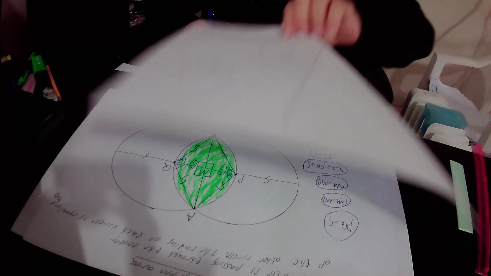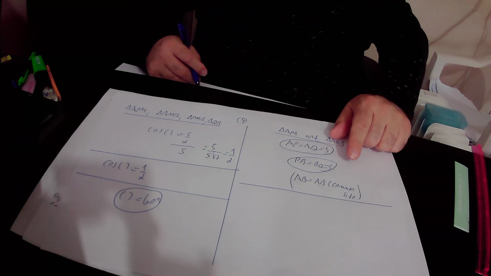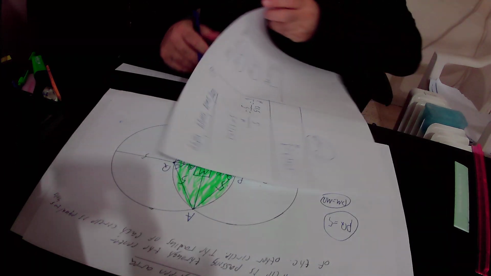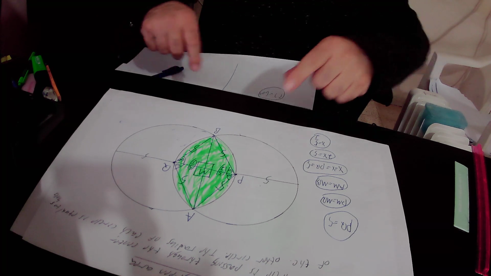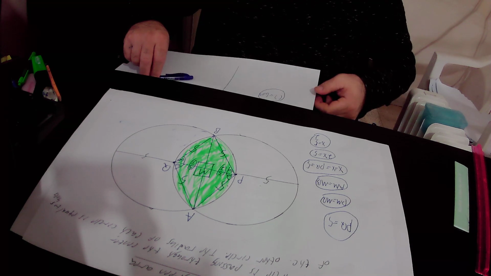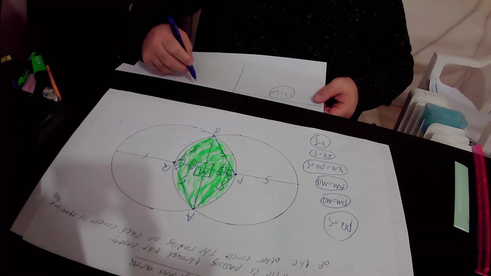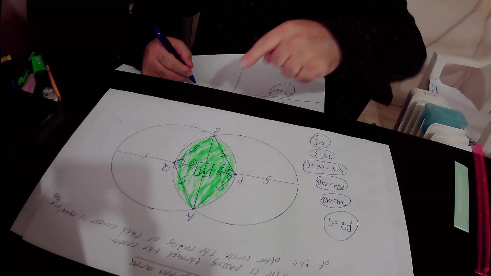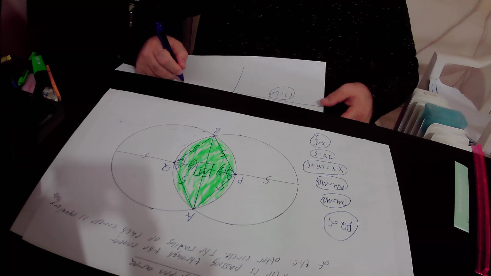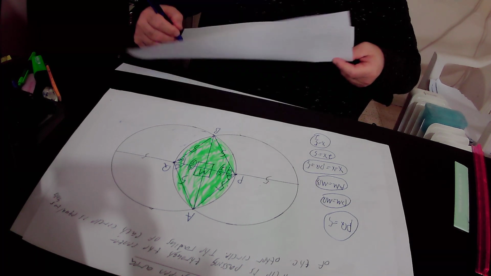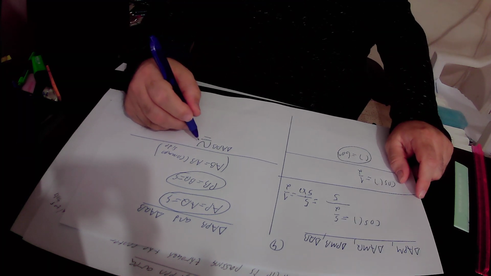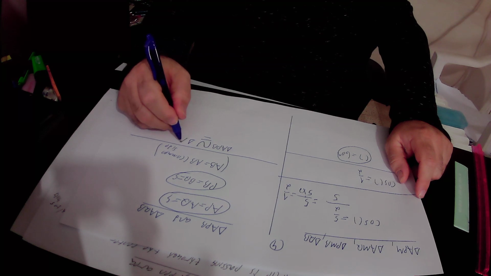I will repeat again. AB equals AB is a common side that belongs to both triangles. So actually we proved that those two triangles can go into each other according to side rule. So I will write it down. Triangle APB is congruent, this is the sign of congruent, to triangle AQB